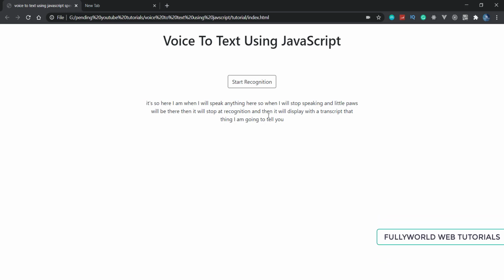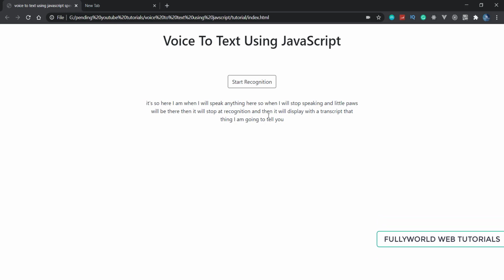When you stop speaking and give a command, it will go to that method and display the result. So you can use conditions there: if this command is there, then what will happen to our website?